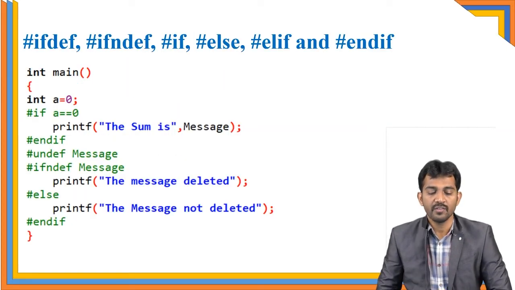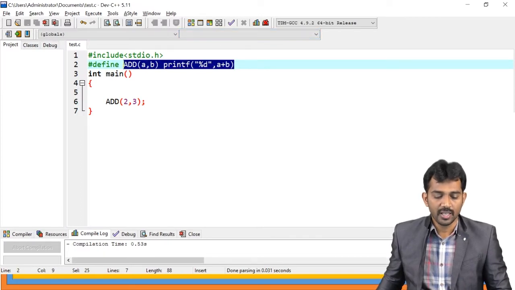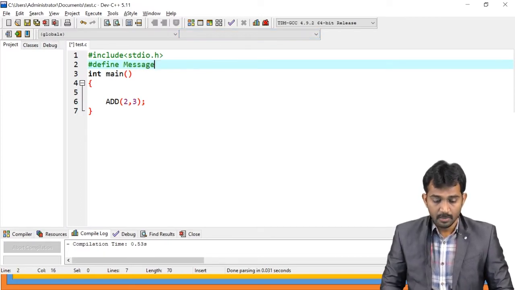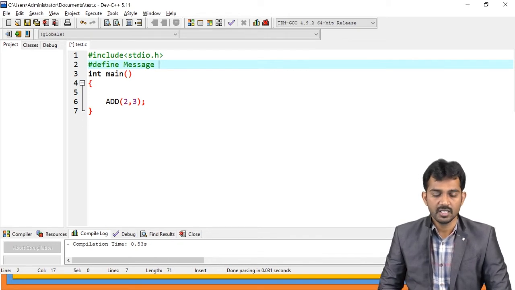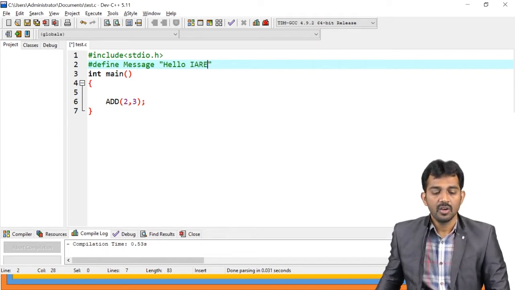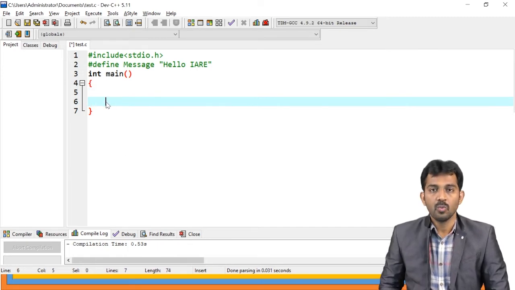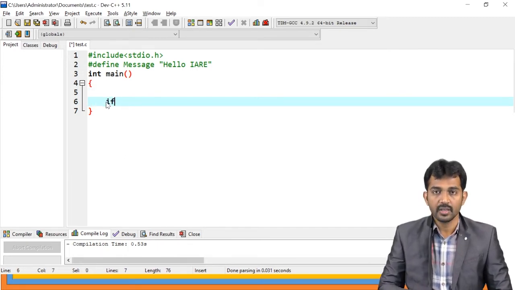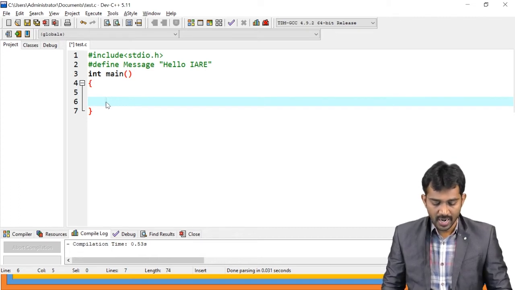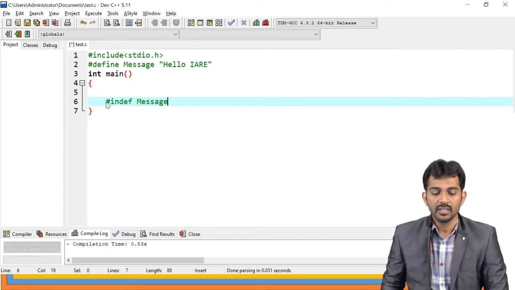And coming to ifdef and ifndef. For example, observe clearly here, message is defined, right? Message is defined. So, hello IRE. See, what I'm going to do here: #ifdef message.